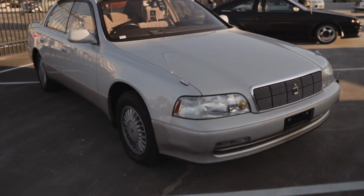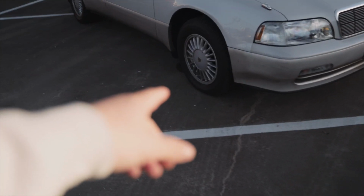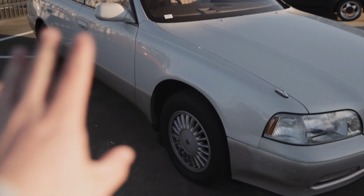So yeah, I brought the Majesta. It is not clean at all. This tire definitely needs air. Just forget about it, garbage. But it is beautiful outside right now. The sun is just coming up, and it's actually a little chilly, which is surprising because it's been super nice